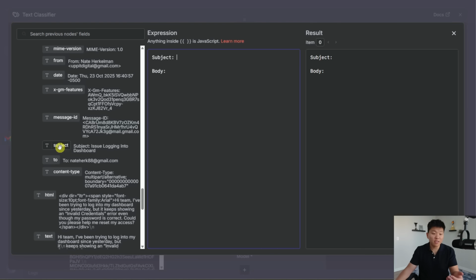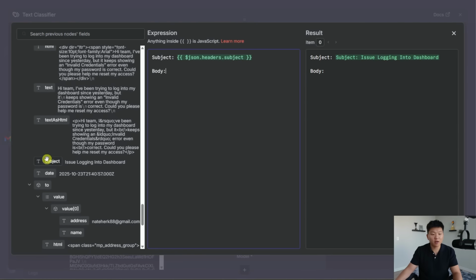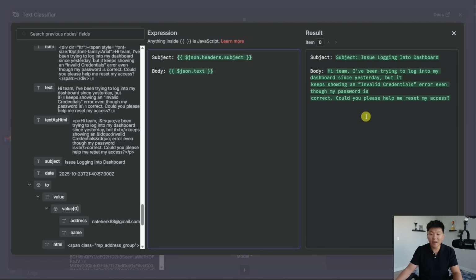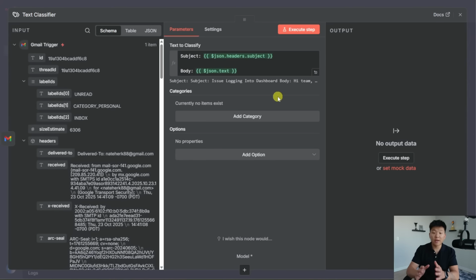The Gmail node every time will output a variable called subject, and that subject is a variable because it represents whatever actually is the real subject. So no matter what the subject is, as long as we have this variable here, the text classifier AI node will actually be able to read that. And then same thing for the body. This comes in a variable over here called text, and I'll just drag that in as well. And now, every time we get an email, this AI node will be looking at the subject and the body of the email. Okay, so we have that set up, but now we need to actually tell it the different